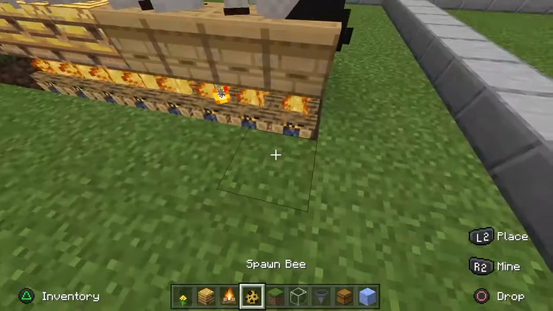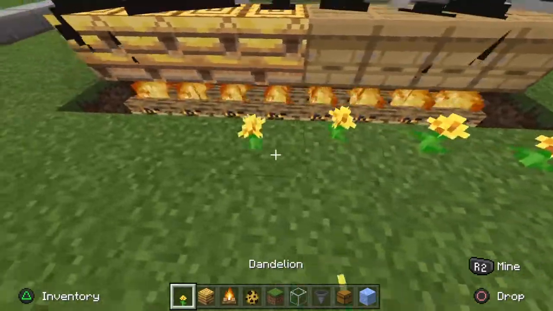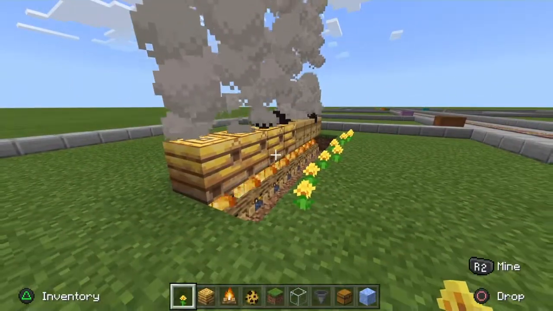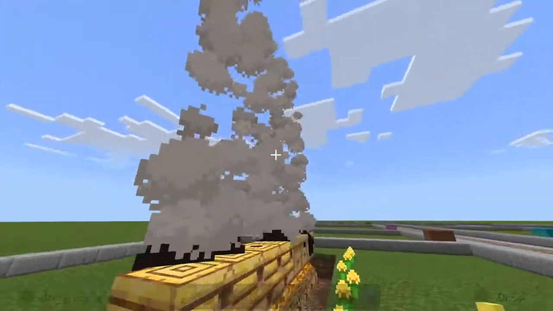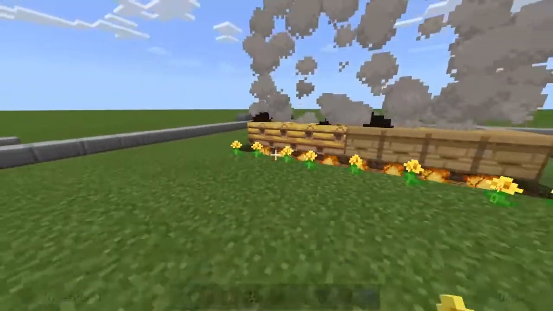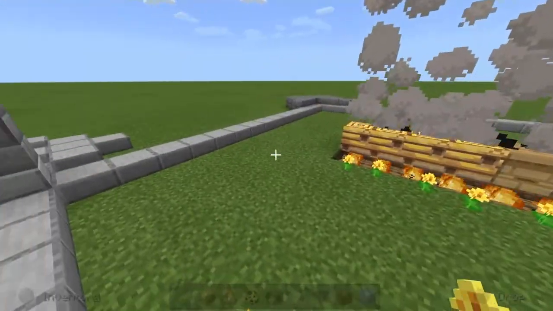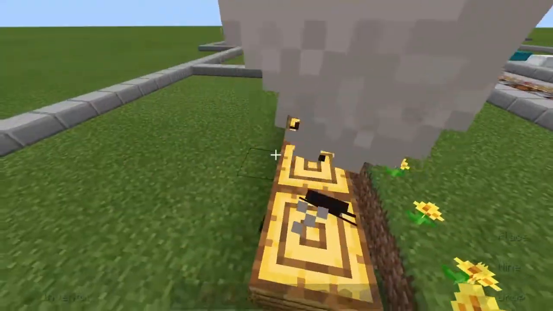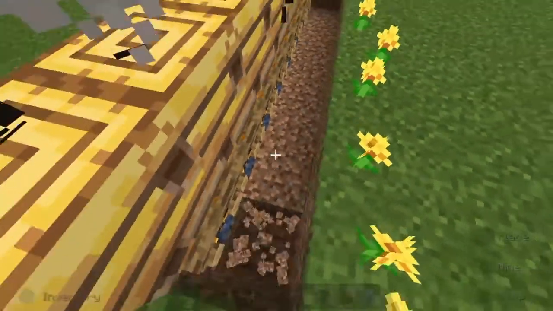And they only work during the day. So if it's nighttime and you place your beehive down and you're wondering where they are, don't worry, they do not work at nighttime or when it's raining. Like, they'll do less work. So you gotta be careful with that. The best place to do it is in the nether, because it's not affected by certain things like the weather cycle. So yeah, if we go like this,